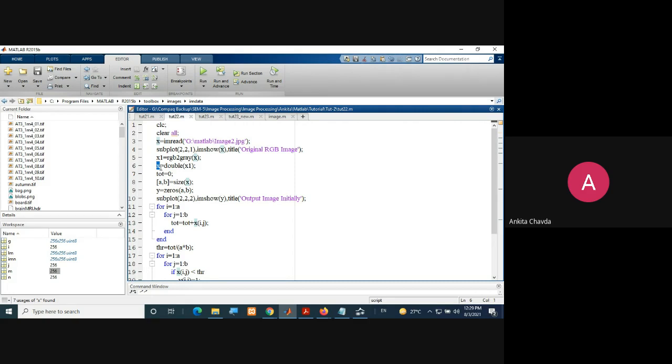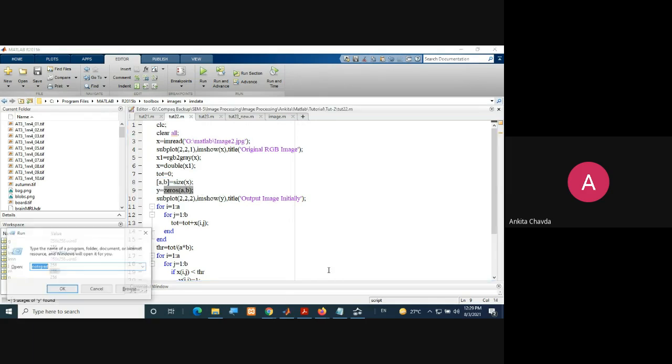That's it. Now I'll take total as the summation, total equals 0. I'll check the size of this x and take it in variables a and b. Now I'll take another image y with all zeros.